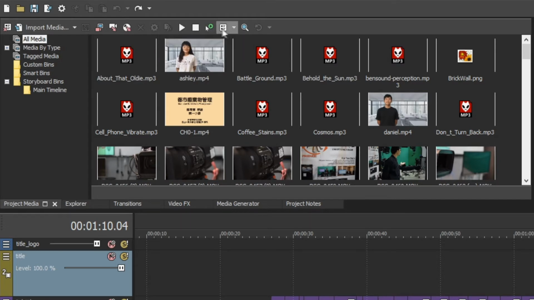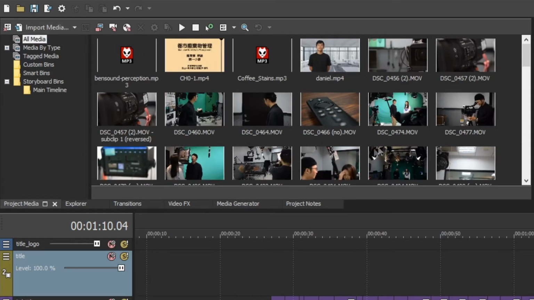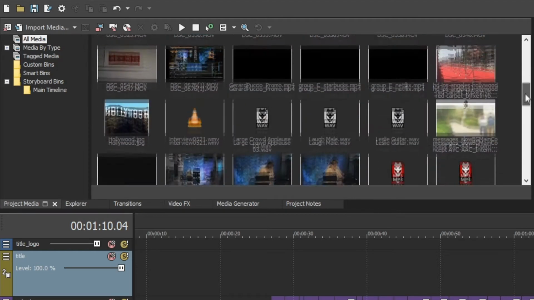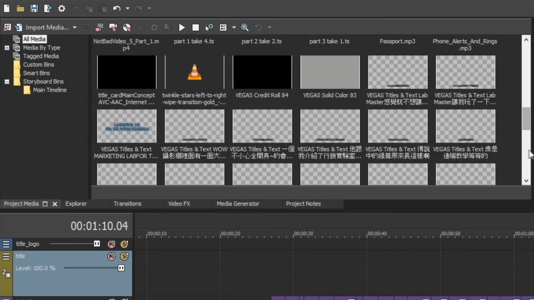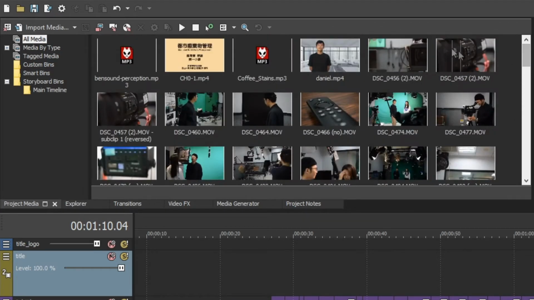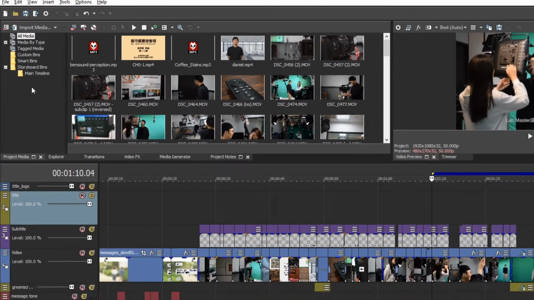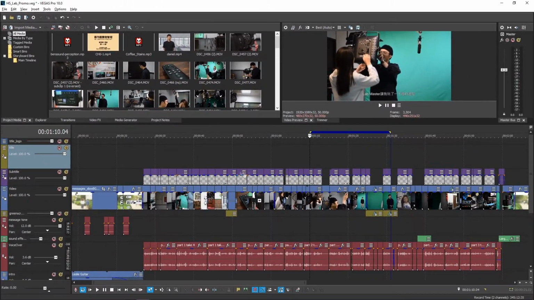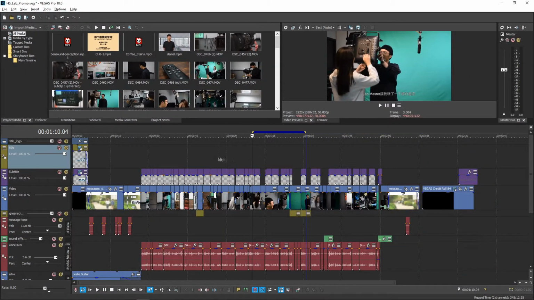So let's move from left to right, starting with the first button here, which will remove all unused media from your project. This means that if you have some extra footage that isn't applied onto the timeline, it will be removed so that only the footage that exists on the timeline will remain in your project media. This helps you see exactly what you have on your timeline and reduces clutter by removing unnecessary files.